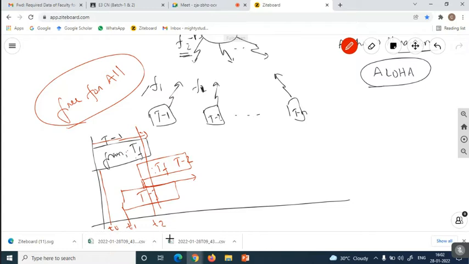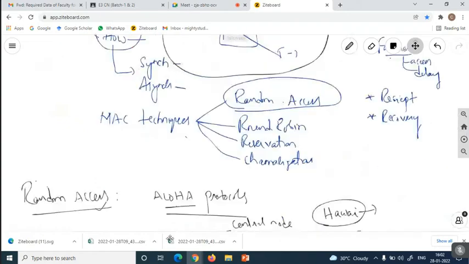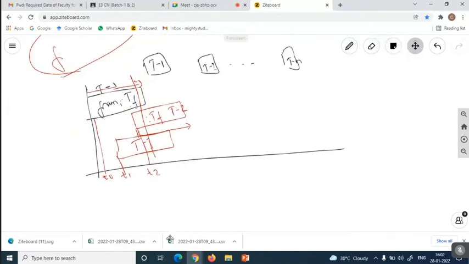But how the frames of these stations are going to be transmitted to the central node is, okay, there it is implemented, but now we are going to use it in a centralized networking environment. Okay, what is the concept we are studying? That is the MAC unit. So what this MAC unit is, is how these terminals are going to send the data successfully, with the help of this Aloha protocol.